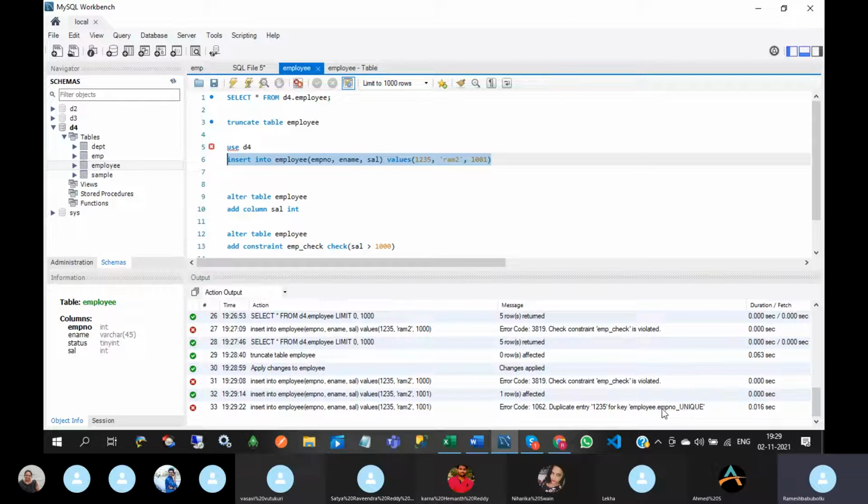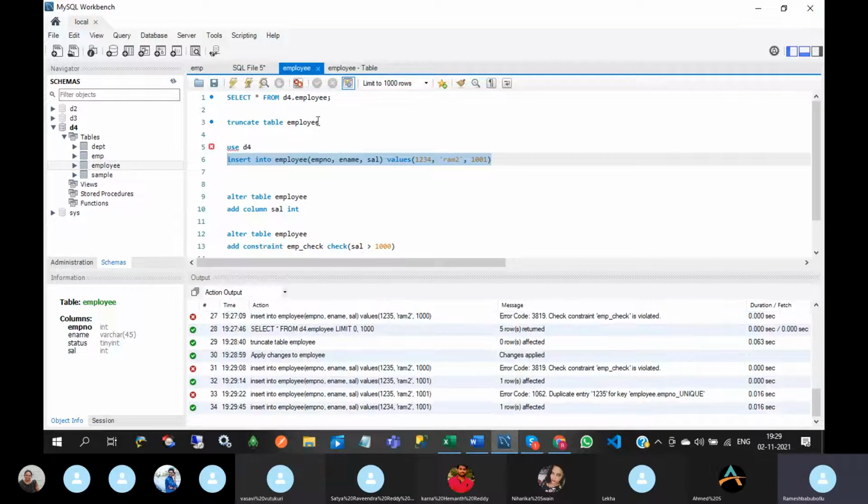Why? Because EMP number has a unique key, so you are not supposed to insert 1235 again and again. If you change this employee number, then it will allow. Okay, so that is unique key.